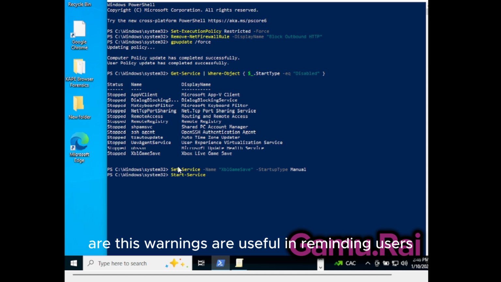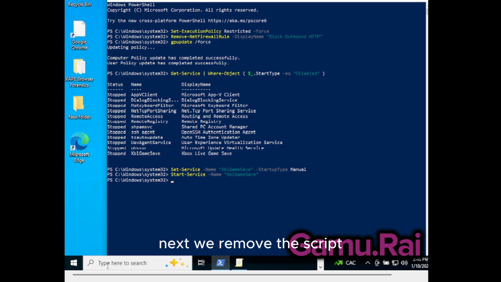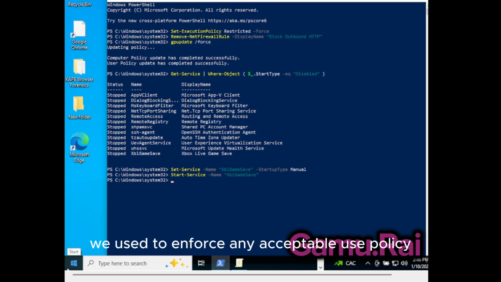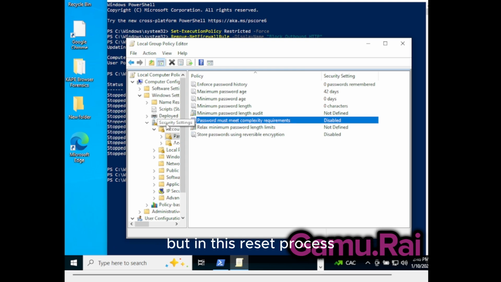These warnings are useful in reminding users of organizational policies, but removing them restores the system to its default state, making it more neutral for repeated practice. Next, we remove the script we used to enforce any acceptable use policy. This script served as a useful reminder for users, but in this reset process, we clear it out to prepare